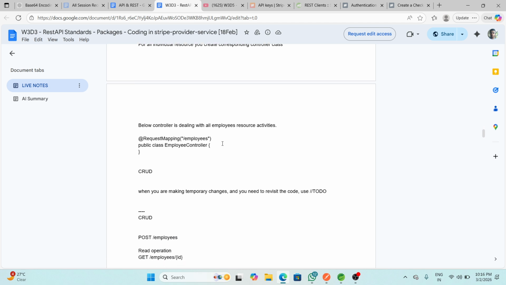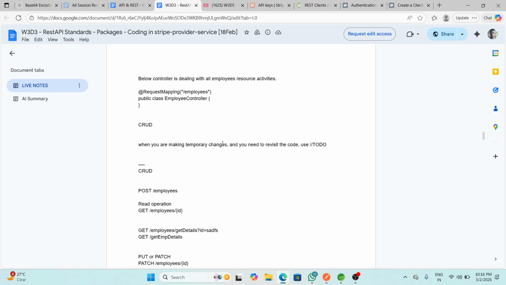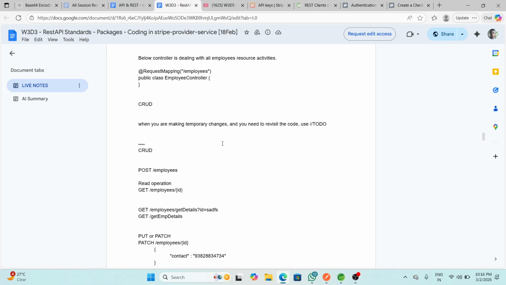The controller below is dealing with all employee resources and activities. So @RequestMapping("/employees") public class EmployeeController. Third, when you are making temporary changes, you need to revisit the code